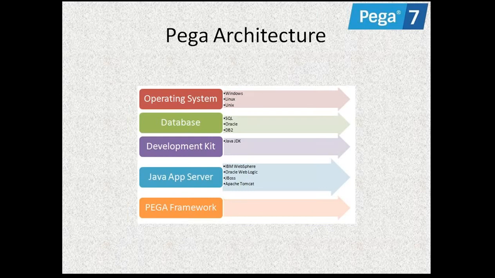And not only this, for every domain there is a separate framework. First of all, what is a framework? There will be different types of layers: implementation layer, division layer, framework layer. I will tell you in detail in the comment sessions. Briefly, a framework is nothing but a base for whatever you are developing. Suppose some existing application is there, for example a Citibank application, and you are trying to develop another banking application.